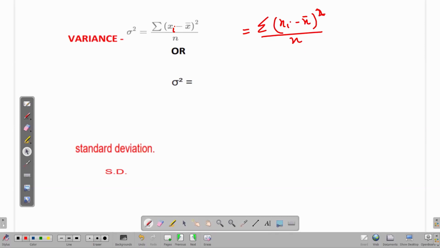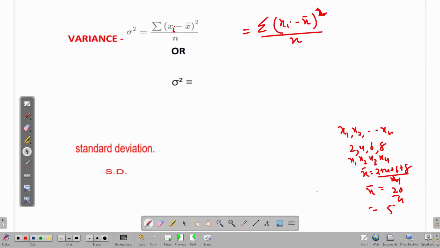So we use this formula when we get independent values, that means if we get x1, x2, xn, suppose 2, 4, 6, 8, these are my x1, x2, x3, and x4, and then I find out the mean value of this, that is 2 plus 4 plus 6 plus 8, which is 20, upon 4, as I get mean here 5. So in order to find variance, I subtract 5 from 2, that is x1 minus x bar, here 5, so 2 minus 5, I get minus 3, square of it is 9. 4 minus 5, I get minus 1, but the square is